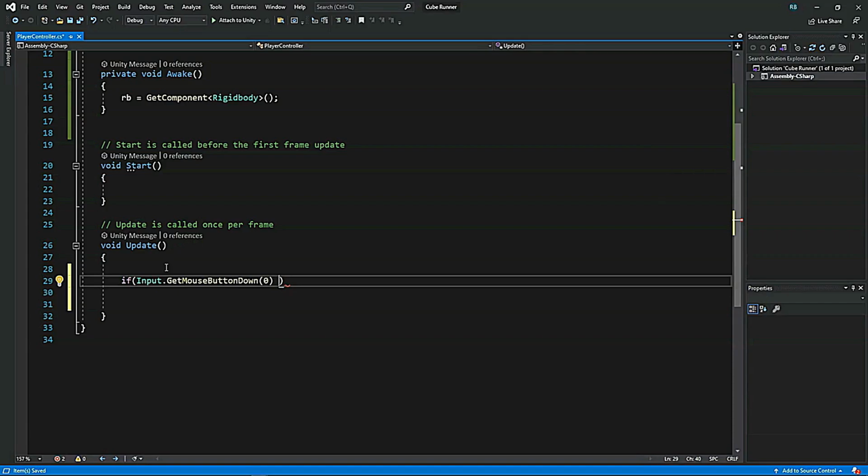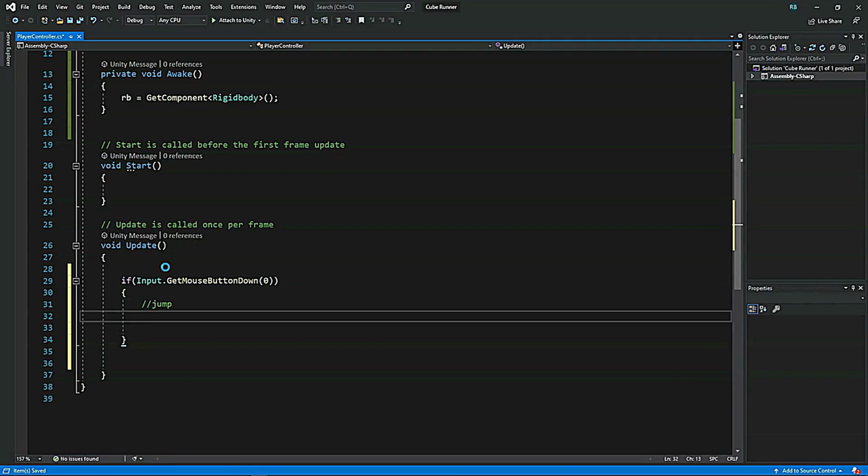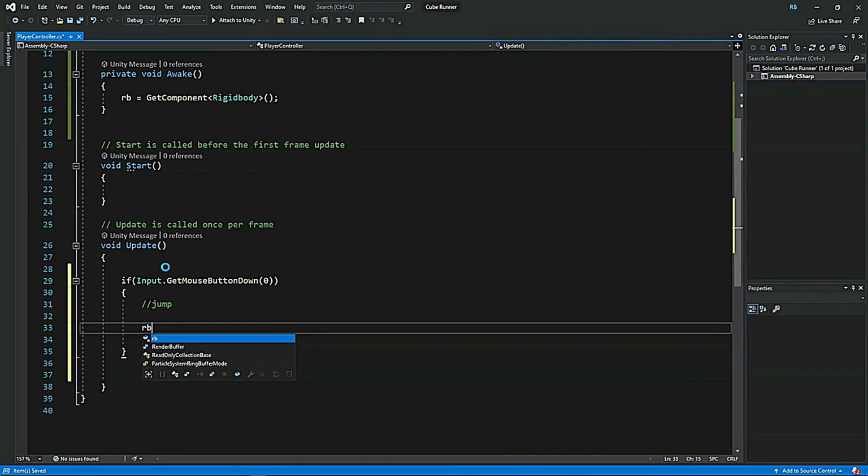I have tested it multiple times. So if Input.GetMouseButtonDown(0), that means whenever we are tapping on our screen or clicking our mouse, then we need to make our player jump. Okay, so in order to make our player jump, what we're going to be doing is we're going to write